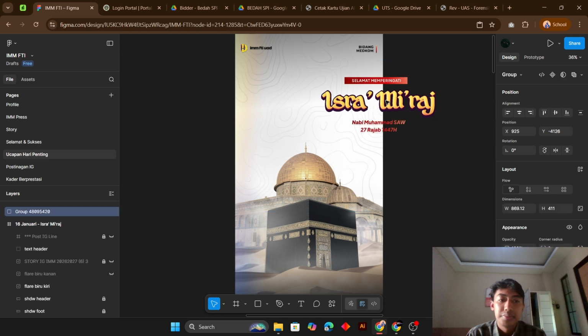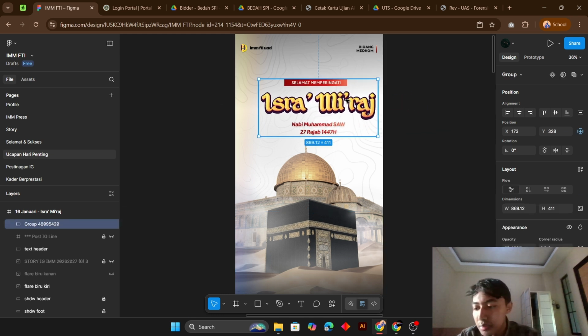After importing the Canva set, drag and drop the transparent file we created in Canva, and position it in the lower half of the frame to leave space for the text.